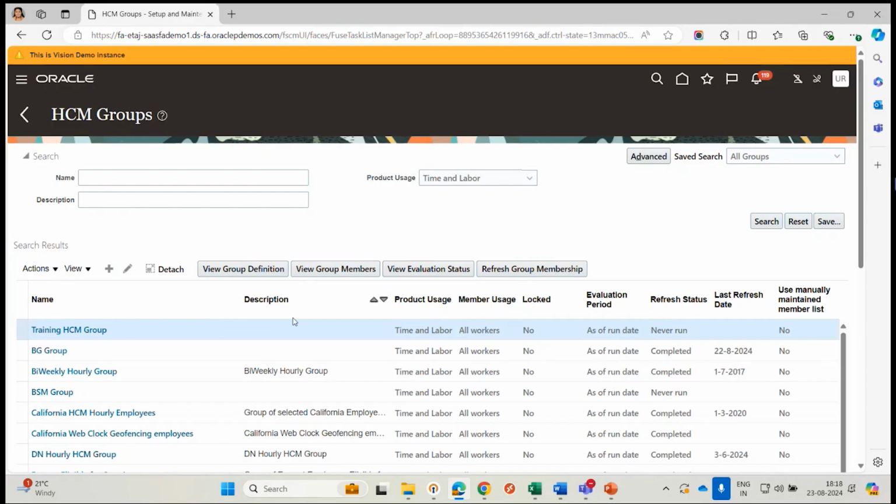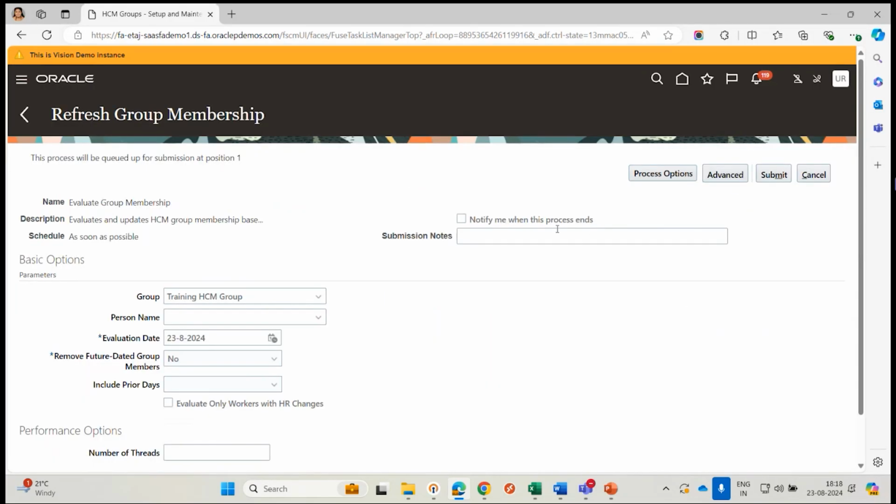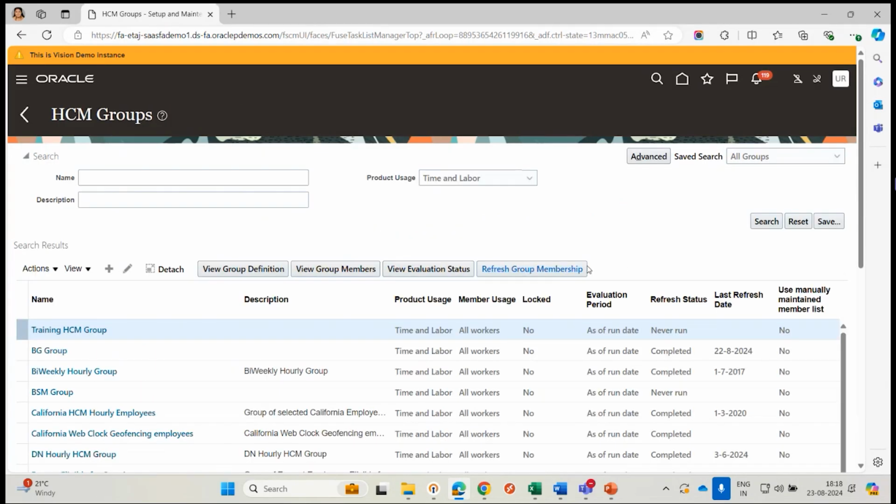Now, after a group is created, you need to refresh your group. So in the HCM group page only, we have refresh group membership, or you can go to scheduled processes, and from there also we can run the process. But for now, I'll show you from here. Just select the group you want to refresh. Select refresh group membership,